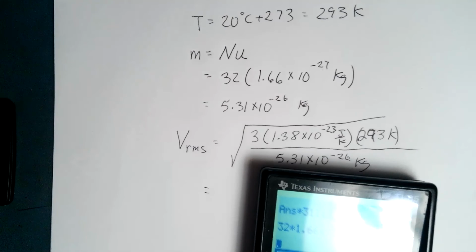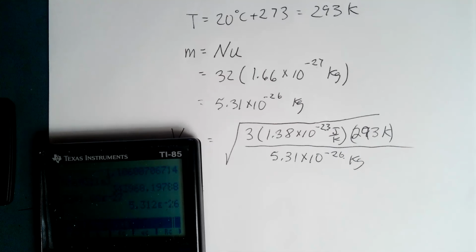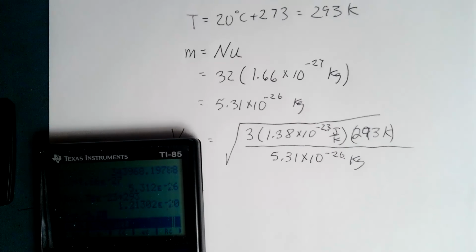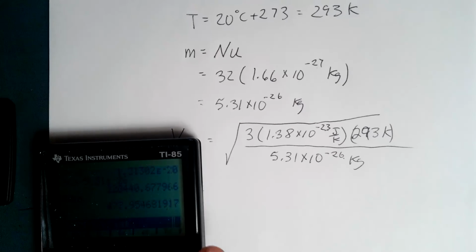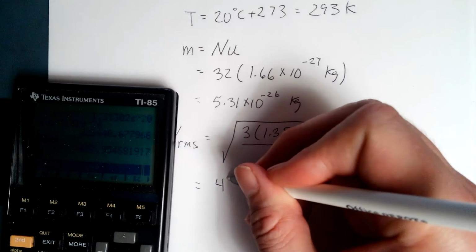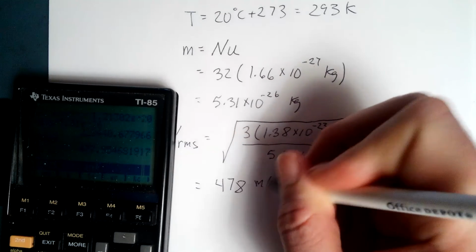So usually you get these speeds to be an appreciable number. And don't forget square root. Okay, so I'm getting, we'll call that, 478 meters per second